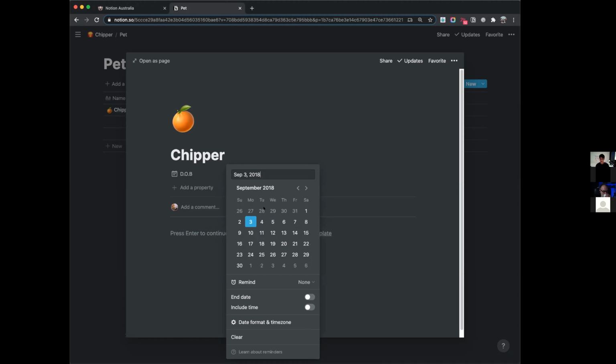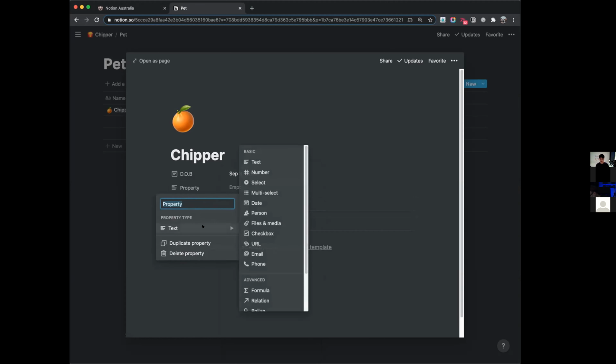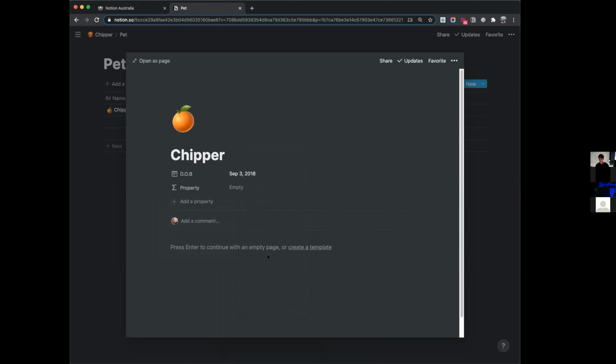So go with that. Cool. So I also would like to just let Notion tell me how old he is right now. I don't want to manually do the calculation, although it's easy right now. So I'm going to go ahead and create a little formula here. And let's call this formula age. So what I want to do is use today's date minus this date and then convert that into years.